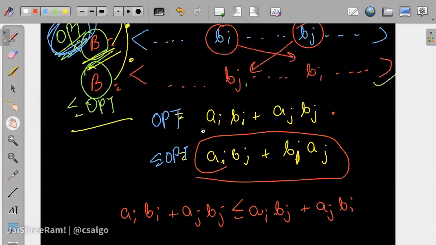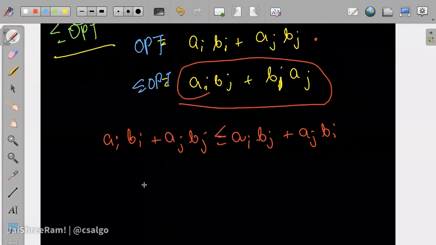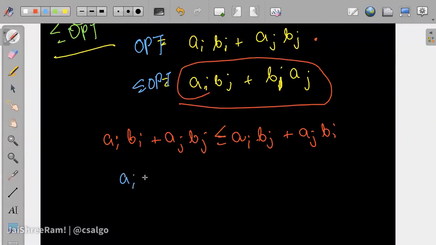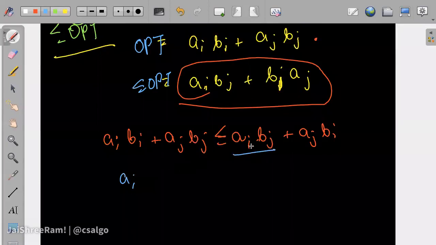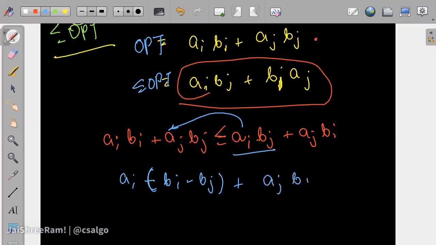So in that case, this should hold, and from that we are getting this expression over here. Now we will try to write this as a of i. We take this term out over here: a of i minus a of i in bracket b of i minus b of j. I'm just taking this to this side, so this becomes negative, and then I'm taking a of i common. And then I'm taking this on this side as well, and I'm taking a of j common: b of j minus b of i is less than or equal to